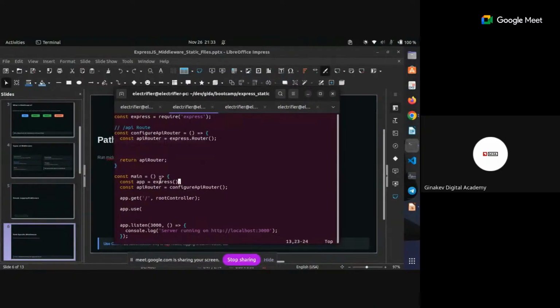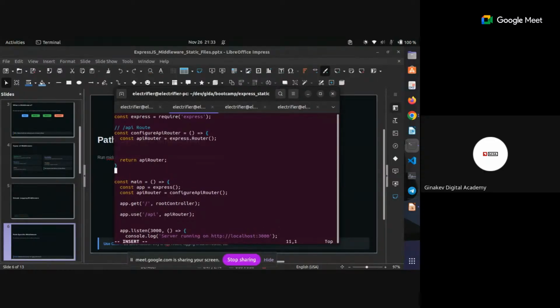So why are we doing this? We want to define a top-level path, which is called API. And we want this API router to configure every request, understand? Every request that's coming in under this slash API is going to get routed to this API router we've defined here. You can also do another one for